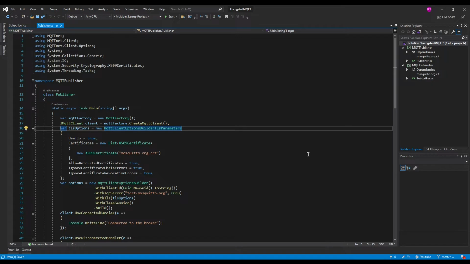For the symmetric encryption algorithm, we will use AES. AES is an acronym for Advanced Encryption Standard. This is a widely used symmetric encryption algorithm which has plenty of support across different technologies. So we will go ahead and download the AES NuGet package and install it in both of our clients.